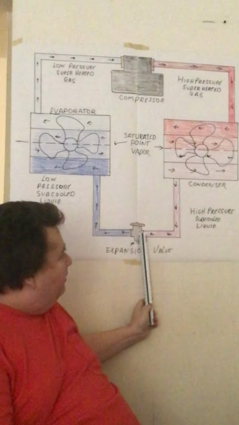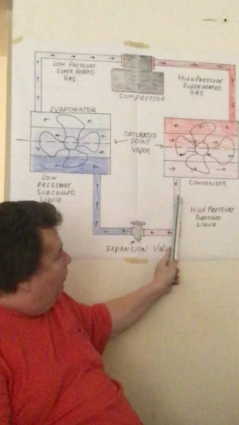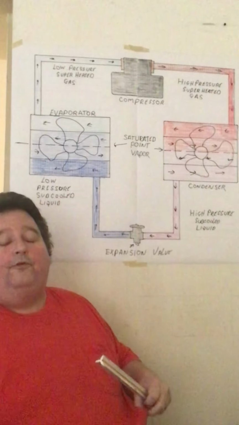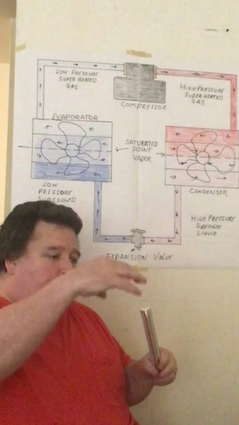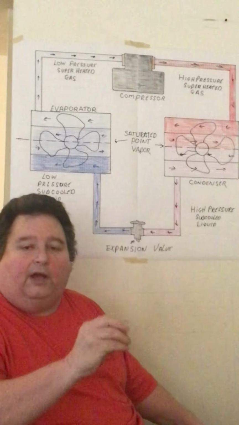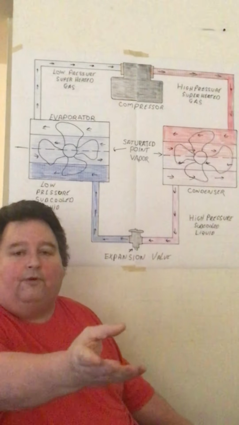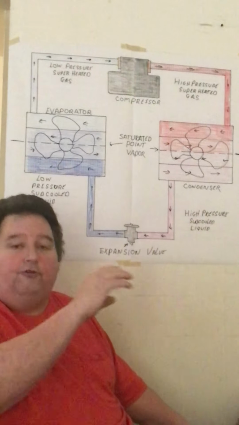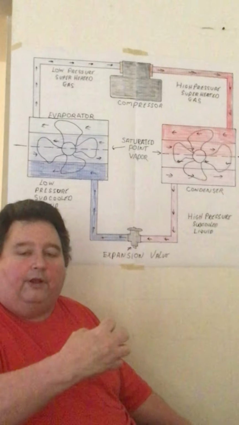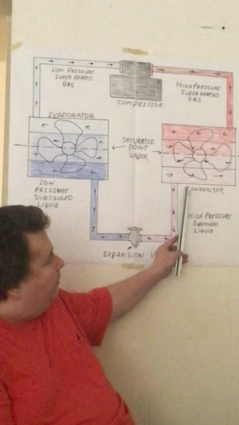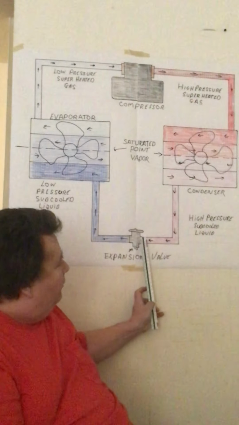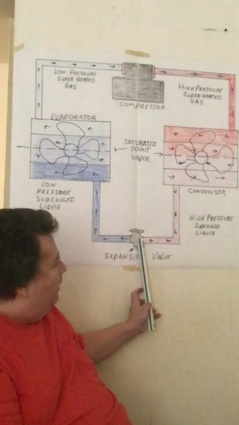It comes in here to the expansion valve. Right in here, I didn't draw it, but all units have a filter dryer. Its purpose is to clean the refrigerant as it goes through screens, taking all the tiny particles out. It's almost like an air filter on your air conditioning, but for the refrigeration system. It makes sure there are no particles, because the liquid line goes right down here and enters the expansion valve, and you don't want any